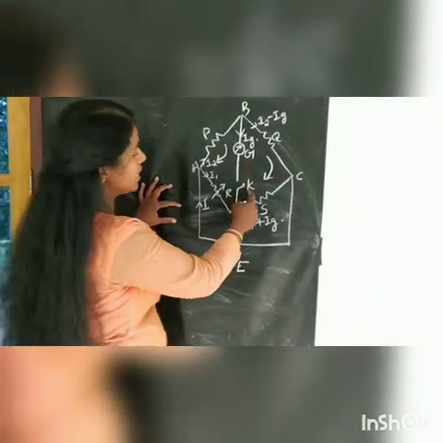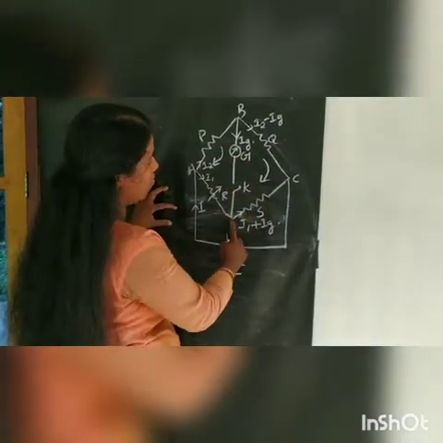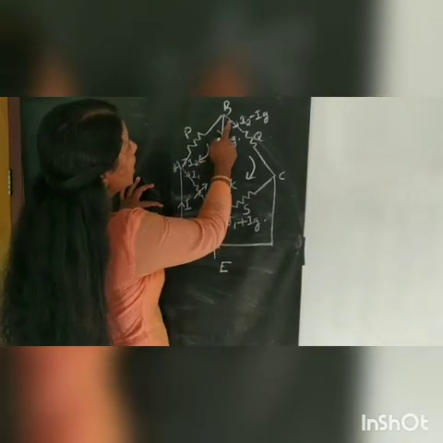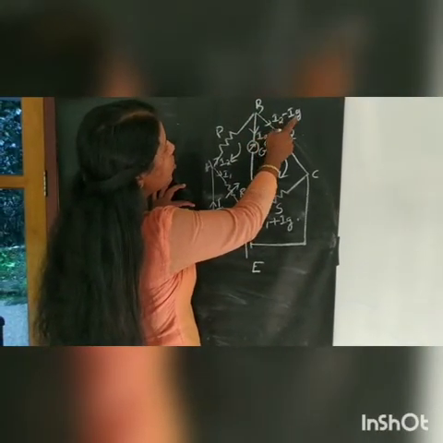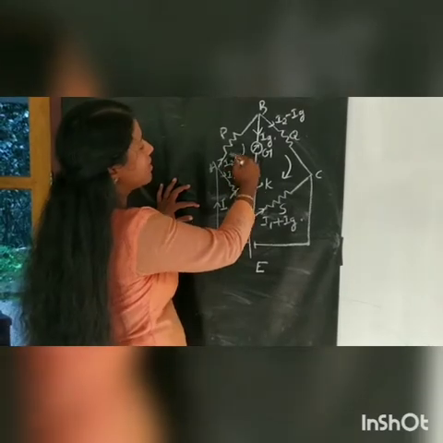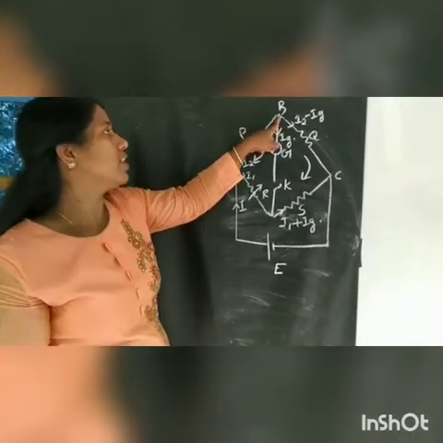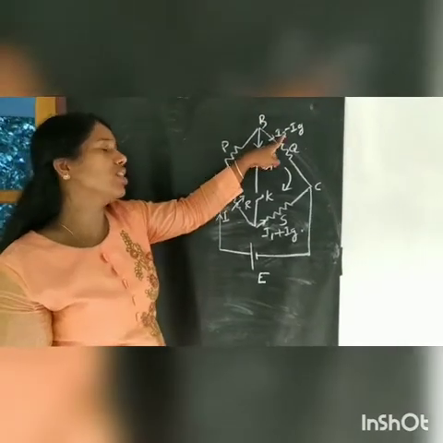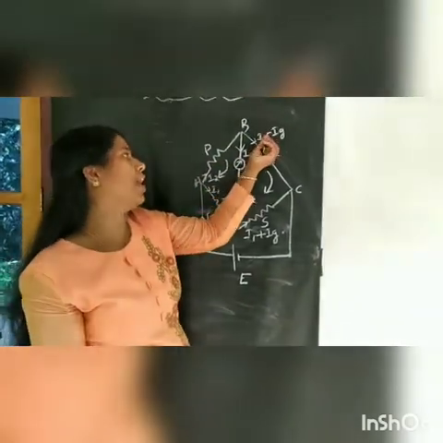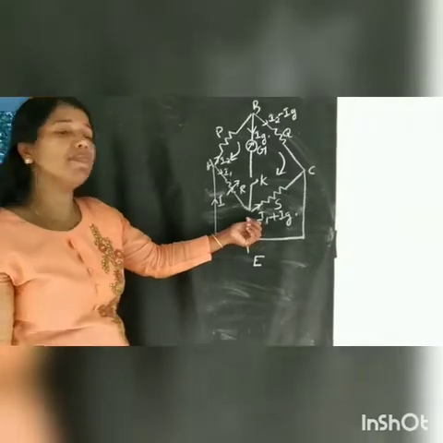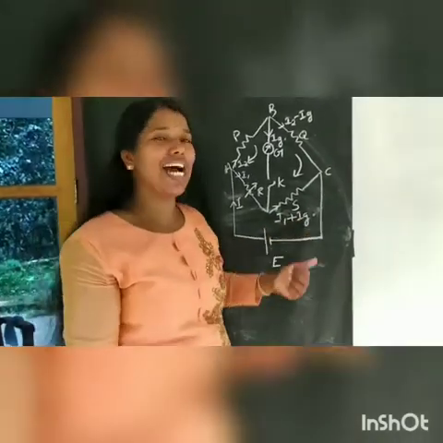K means key, and G means galvanometer. From this, we know that here it is I2 minus IG. Why have we written it like this? Here is I2, here is IG. Then we can write that the sum of the current entering the junction is equal to the sum of the current leaving. Applying that rule, we get I2 minus IG. Here also, same rule, we get I1 plus IG.